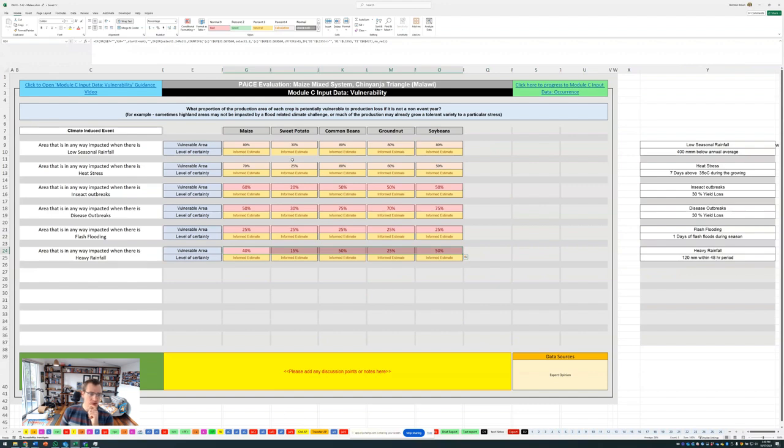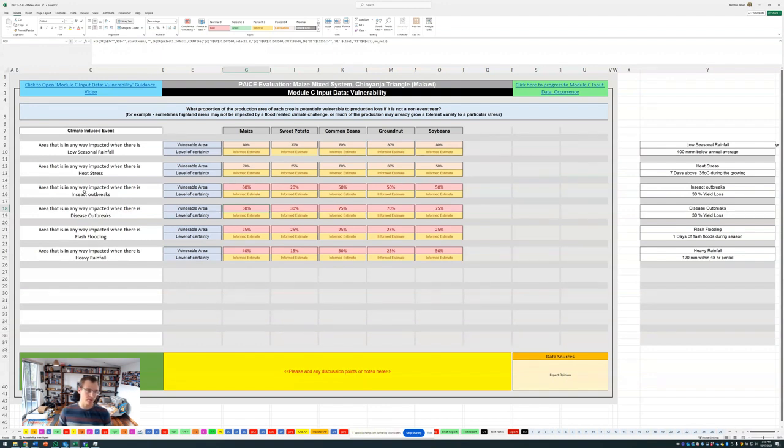The CV module, we want you to start at 100% and then move backwards thinking, why would something not be impacted? So here, what you're saying is that 60% of maize is vulnerable to insect outbreak and 40% is not vulnerable. So why would 40% of maize not be vulnerable to insect outbreaks, or 50% of maize not be vulnerable to disease outbreaks, or 75% of maize not be vulnerable to flash flooding or heavy rainfall? So these numbers seem a bit low. You have to have a reason why